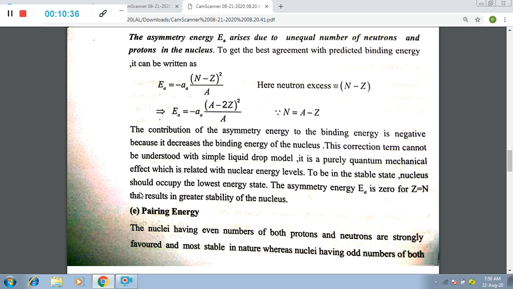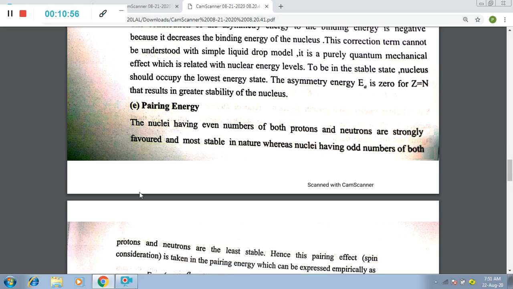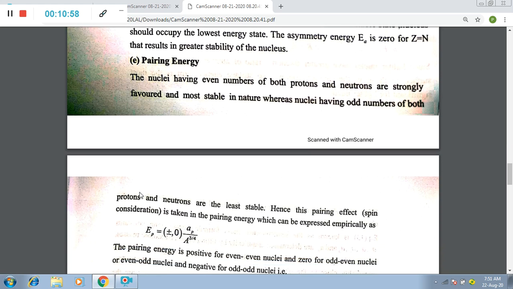The next term which contributes to binding energy is pairing energy. The nuclei having even numbers of both protons and neutrons are strongly favored and most stable in nature, whereas nuclei having odd numbers of both protons and neutrons are the least stable. Hence, this pairing effect, that is spin consideration, is taken in the pairing energy, which can be expressed empirically as